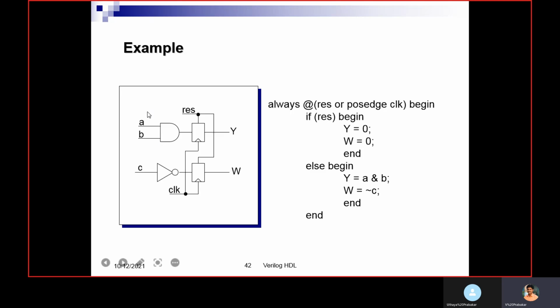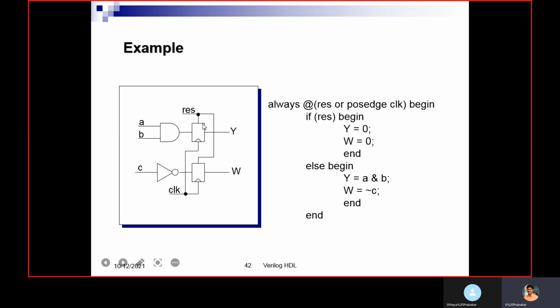Now we are going to implement this logic using Verilog code. So here C we are going to give as input for a NOT gate. Then here we have two flip-flops. This clock we are giving, which is positive edge triggered, and reset we are giving to each flip-flop. Then Y and W are the outputs.